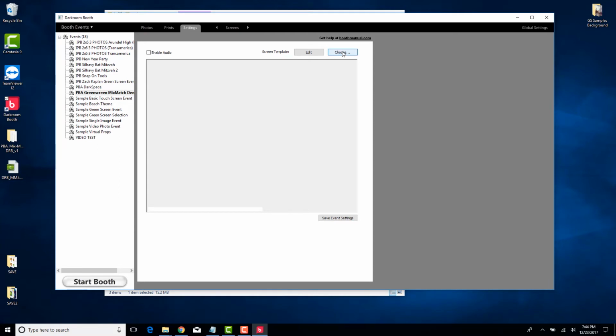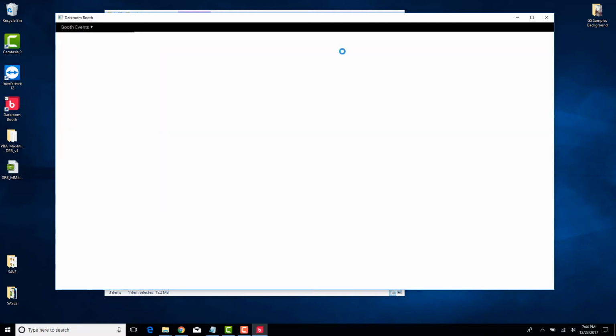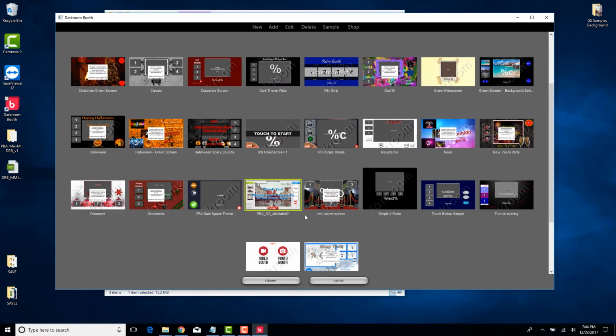You may have something in here from a previous event, but I don't have one set. So what you'll do is click on choose and then select the newly installed PBA GS Mix Match screen template. So click choose,